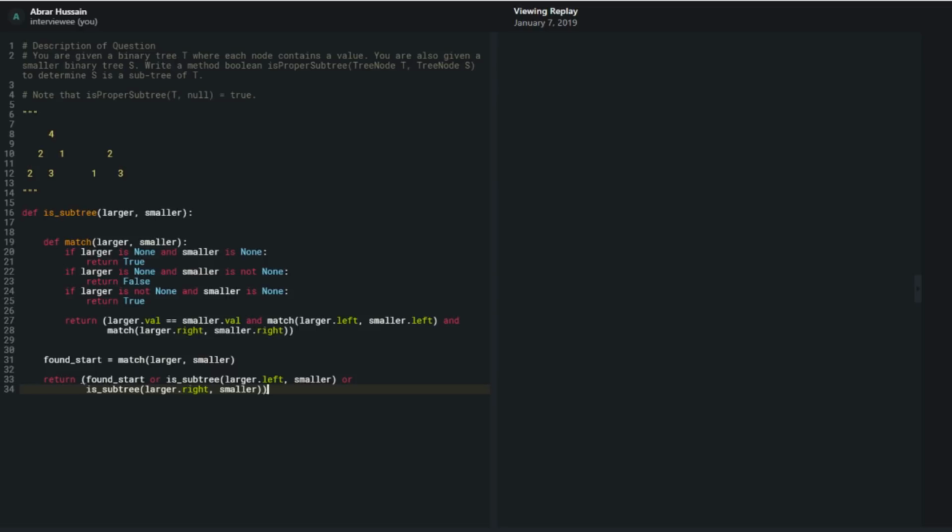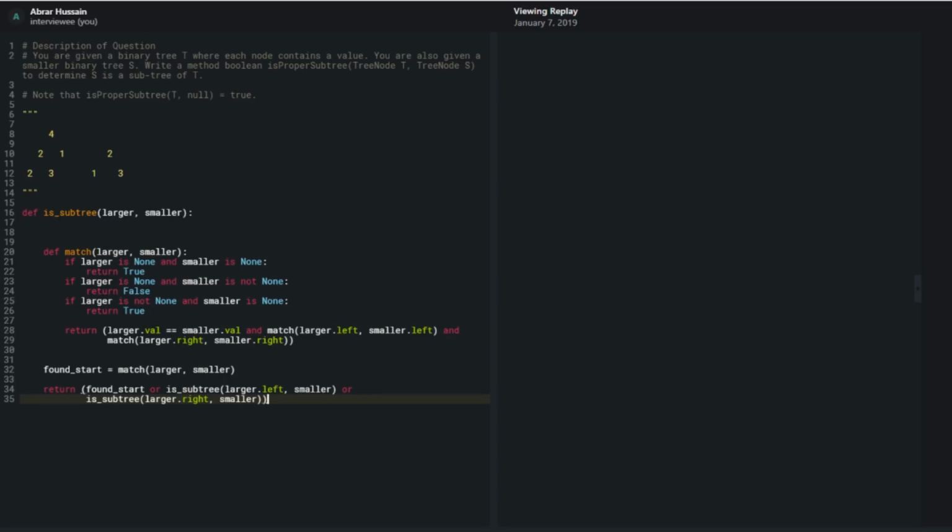Right. So I think this ends up being the entire set of logic that I would need, except that I'm missing the base case for the actual isSubtree function. So just to summarize, what I've done is I go through, and given larger and smaller, I just check from some point if there's a match. What I'll check first of all is that I don't have one of the base cases matching, which is that if it turns out that they're both none, then obviously I'd return at that point, and I know that nope,